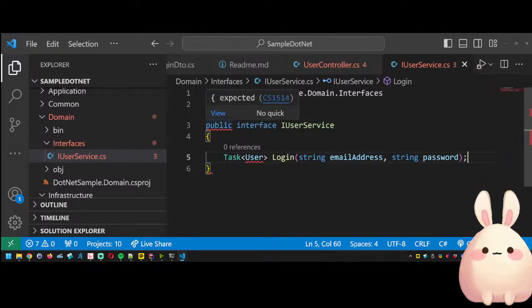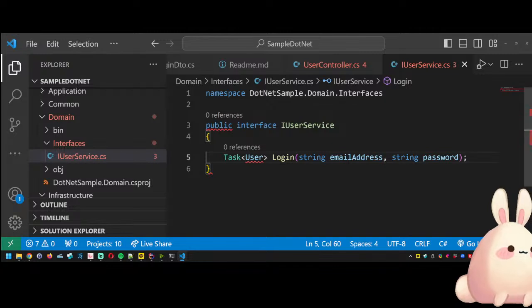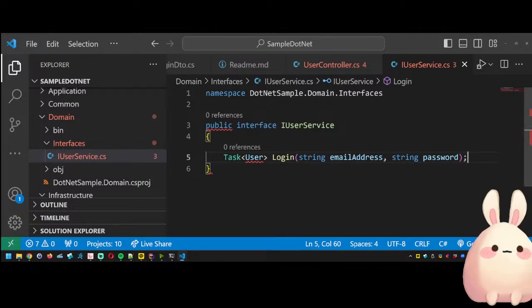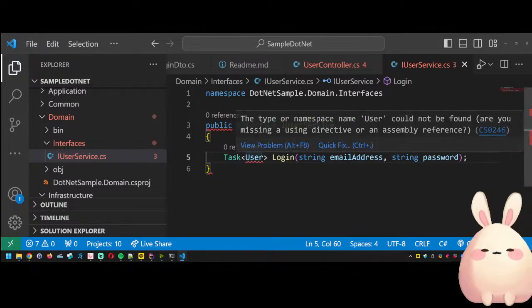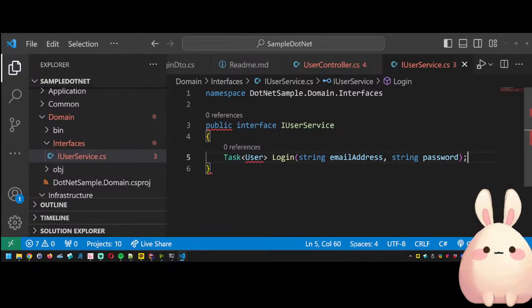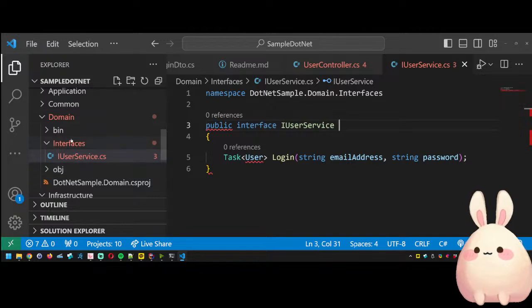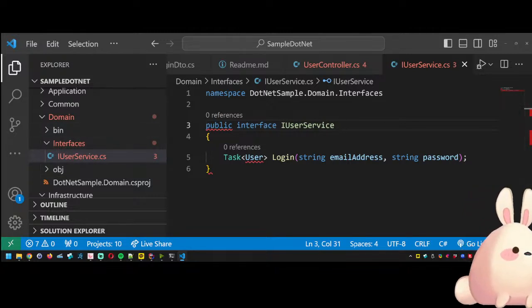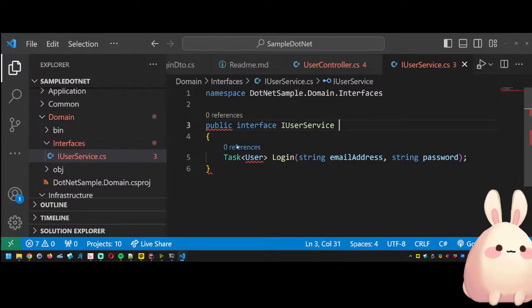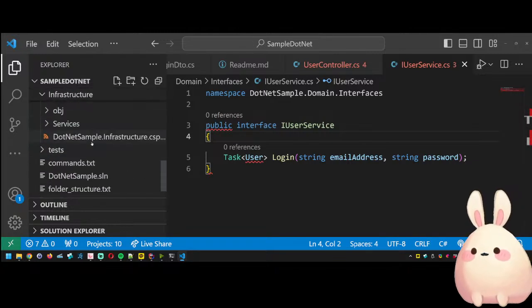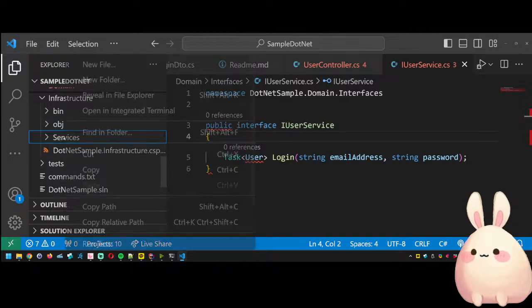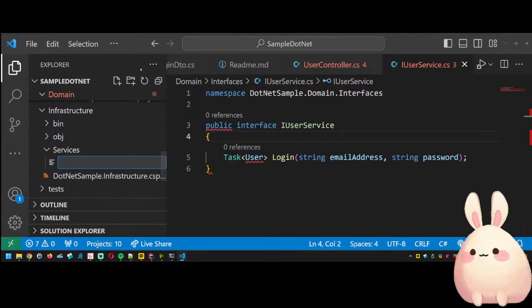So this might be how you lay out your public interface. Nothing too weird or unusual. We don't have a user class declared. We have our interfaces in the domain folder. That's fine. I think that's it. And then we'll go ahead and use you in our infrastructure project. So we'll come over here, we'll do